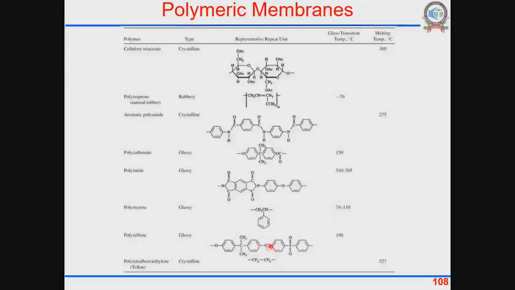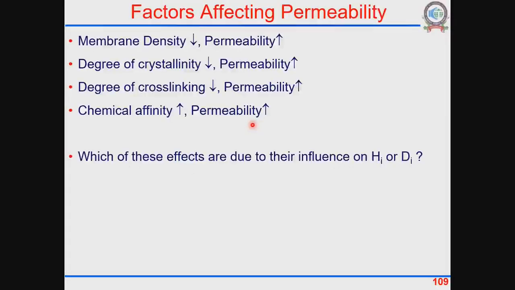Polysulfone has a sulfone group, right? PTFE is crystalline, and it will be used below 327, that's the melting point. So different polymer structures are possible, and we could use different materials depending on the affinity of this material for particular molecules. Just to give you different factors, if the membrane density goes down, the membrane is less